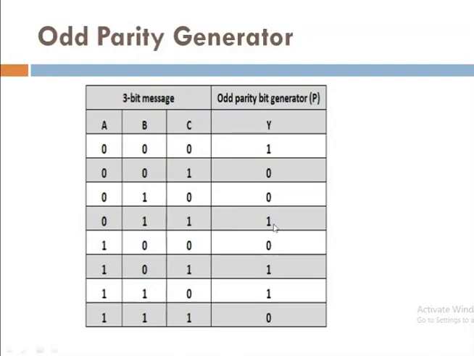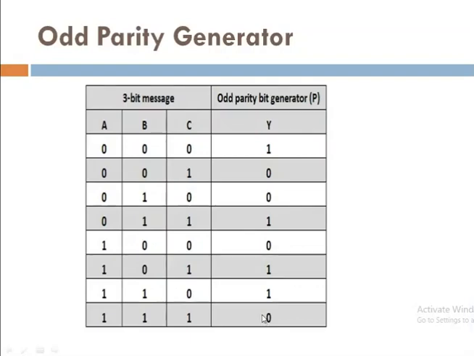Output parity bit will be considered as a 1. Now next, in this way you can complete the truth table. Now you can check this one, second last combination, 1 1 0. Again the number of ones is 2, so even figure, so even combination, that's why the output is a 1. Now the number of ones in this case is 3, so odd figure, odd combination, so we can say the output is a 0.